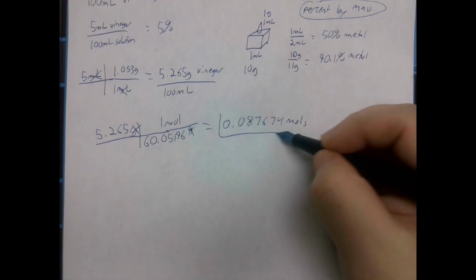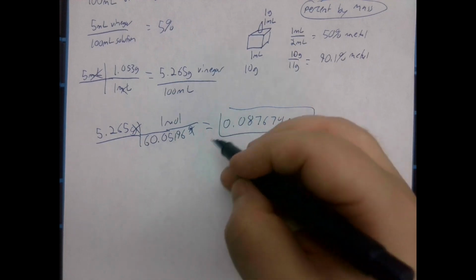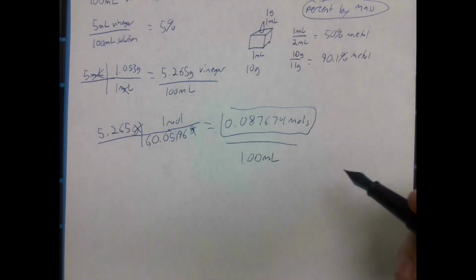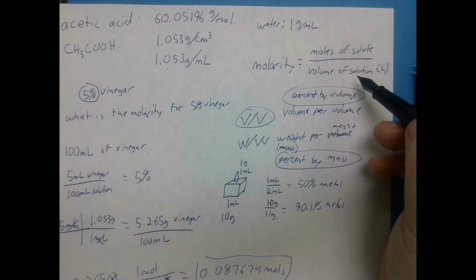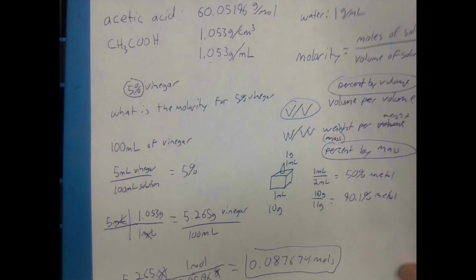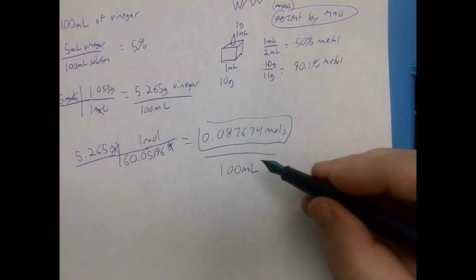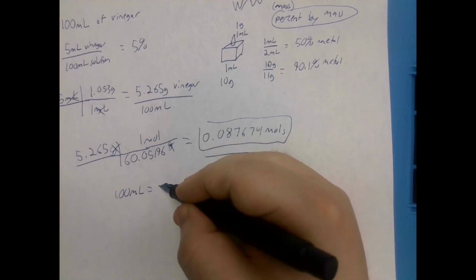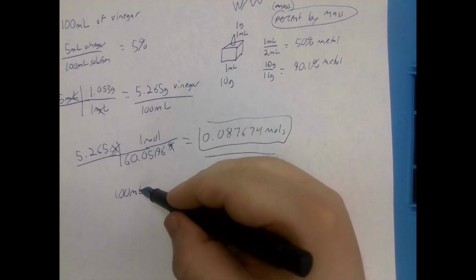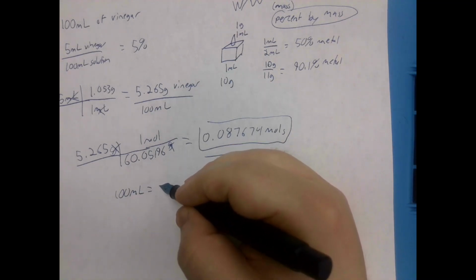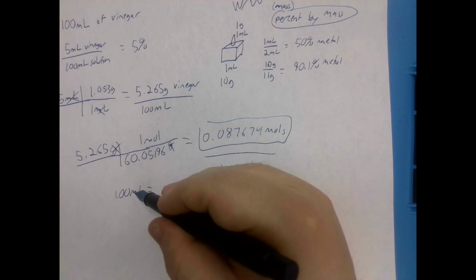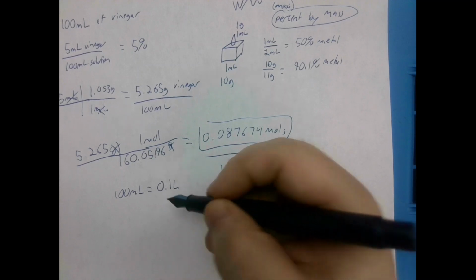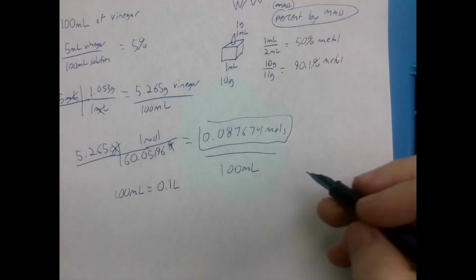So now I have the number of moles. And this is per 100 milliliters. So it's almost molarity. The thing is, molarity is always defined in liters. So 100 milliliters is how many liters? Milli means a thousandth. 0.1 liters. So if I take my moles and divide by 0.1 liters,